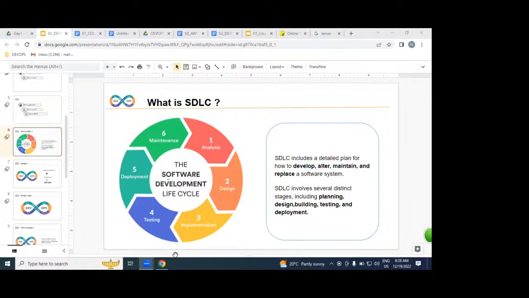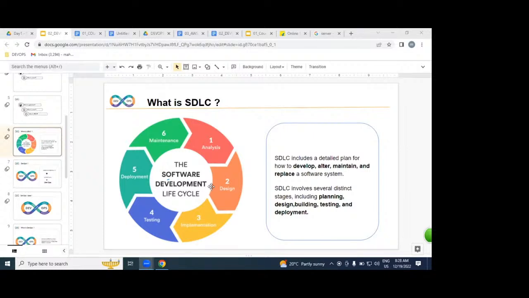What is SDLC, guys, please? SDLC stands for Software Development Lifecycle. By following the SDLC process, we are going to produce a software.